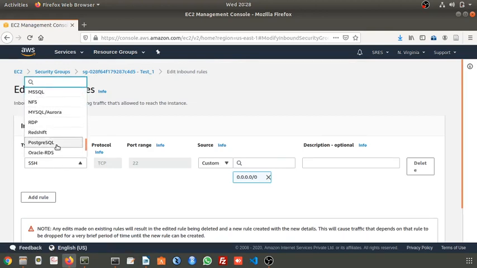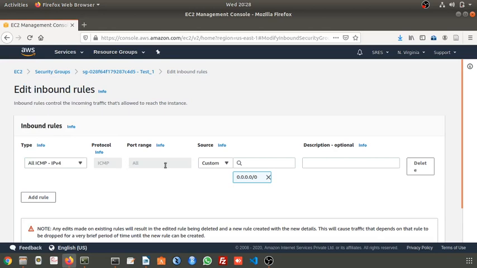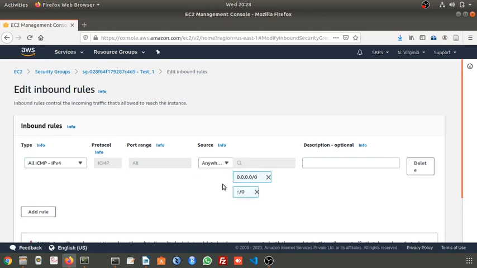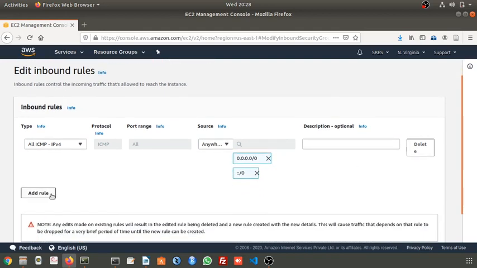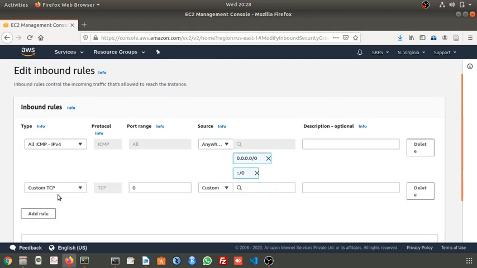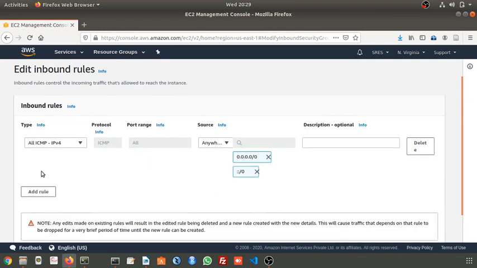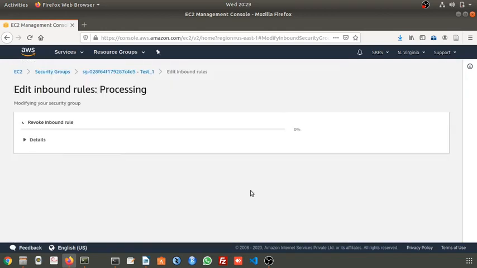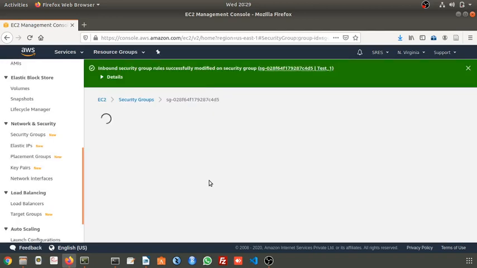I will select this, choose anywhere, then add this rule. This rule is added. Just save this rule. Now let us check whether it is coming or not. See, now the response is coming. Even with this you can select.